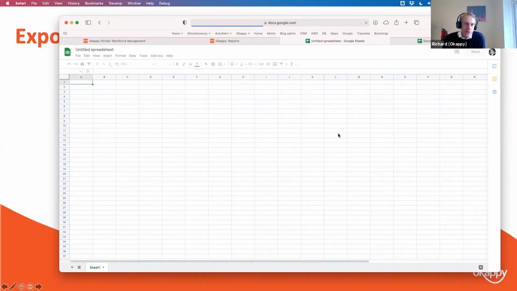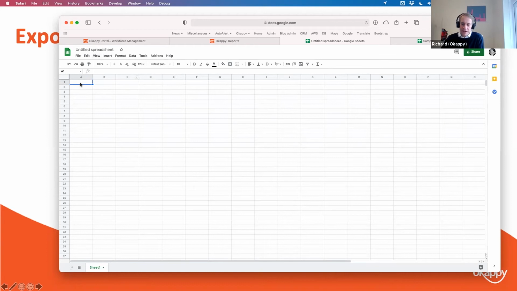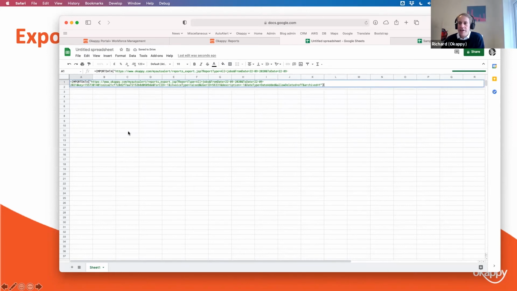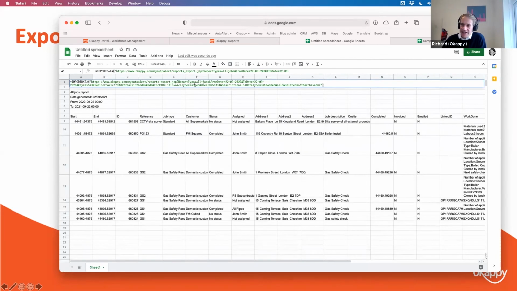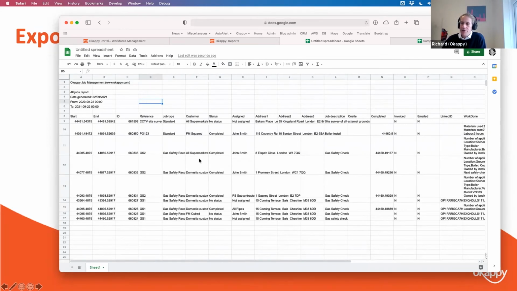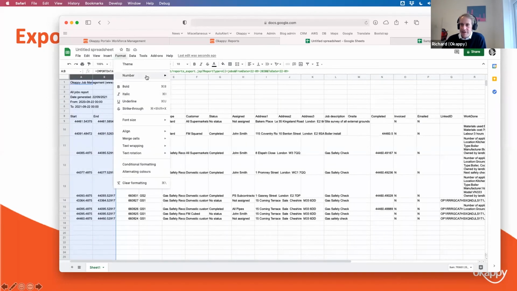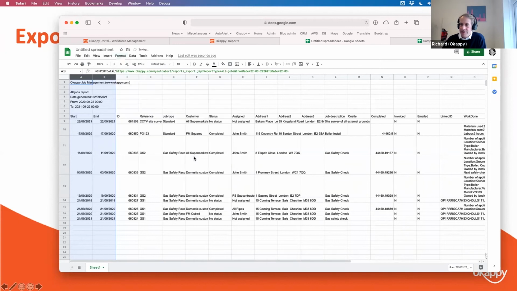Obviously, it does require a Google username and password, so you do need to be logged into Google Sheets to use this. But with Google Sheets open, choose your cell, Command V on a Mac, Control V on Windows, and you see there, same thing, it downloads all the data. Again, you can manipulate it. So if I choose date,